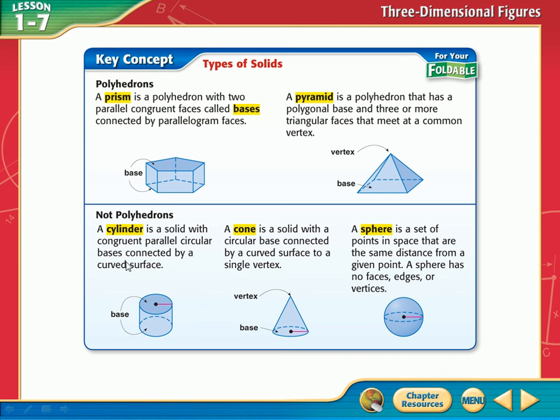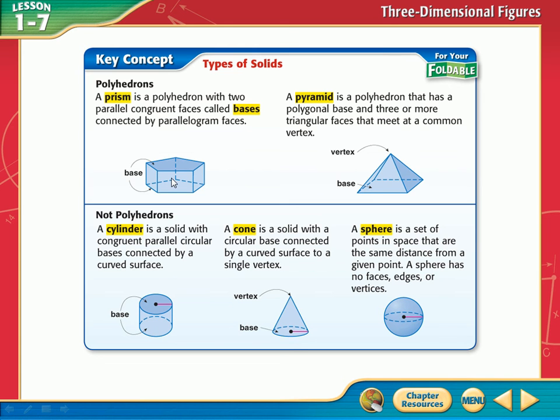What about this one? This is called a cylinder. You've seen cylinders before, right? Look at the base on the cylinder. What kind of a base is this? It's a circle. It's kind of like a prism, isn't it? Because it's got 2 bases. They're both exactly the same, aren't they? The bottom and the top. And the sides go straight up and down. It's perpendicular, right? So if I went from this point all the way down to here, that would be perpendicular to the base.